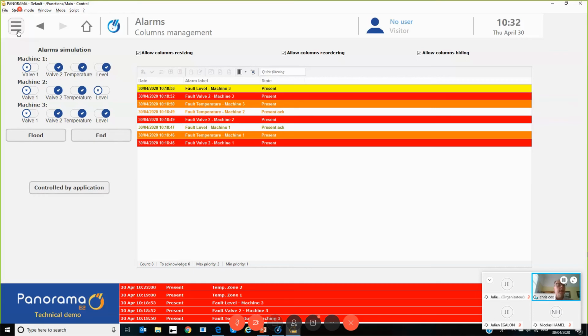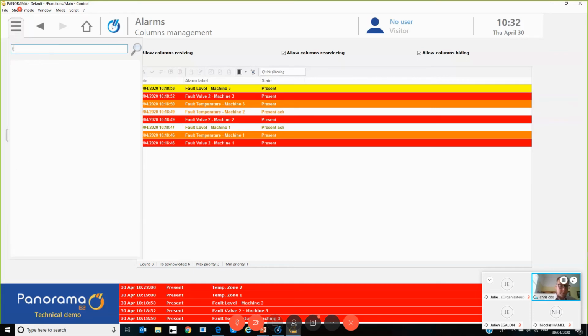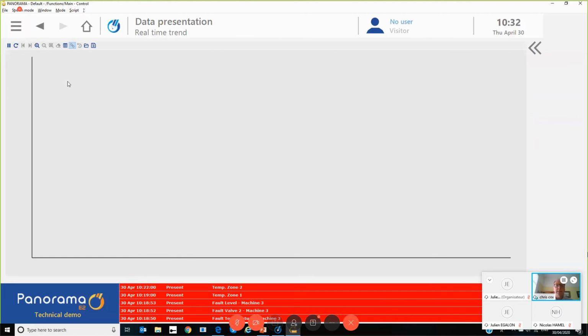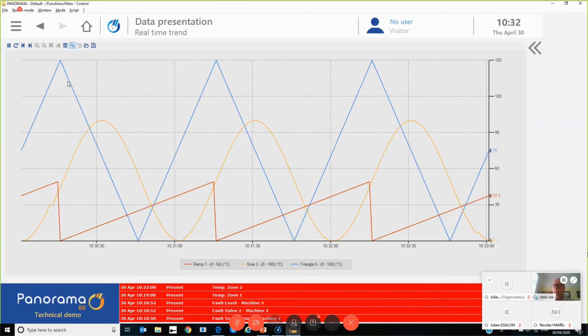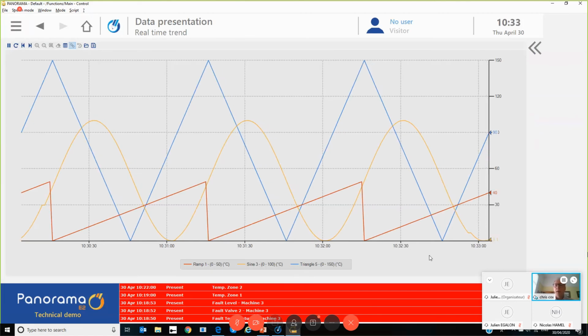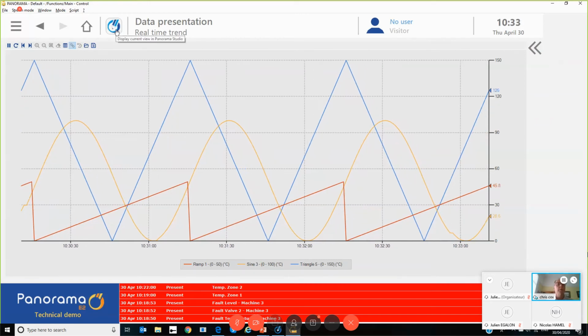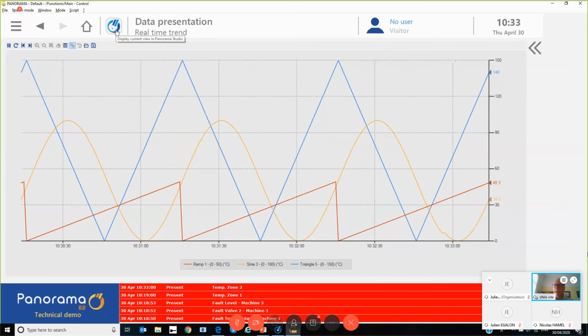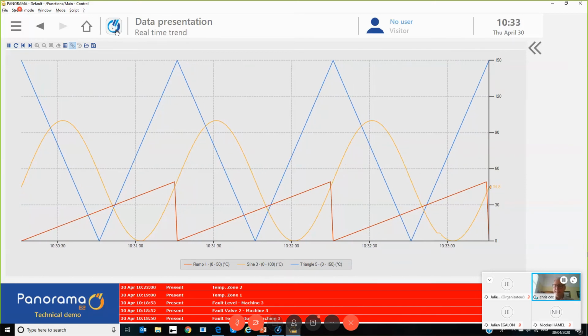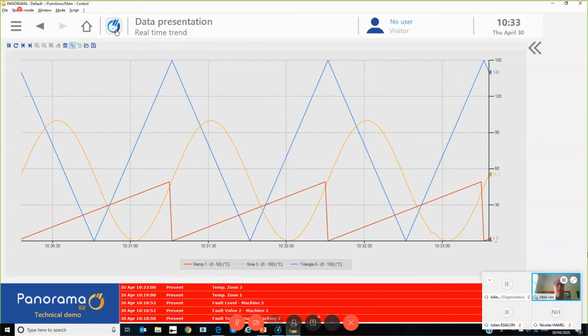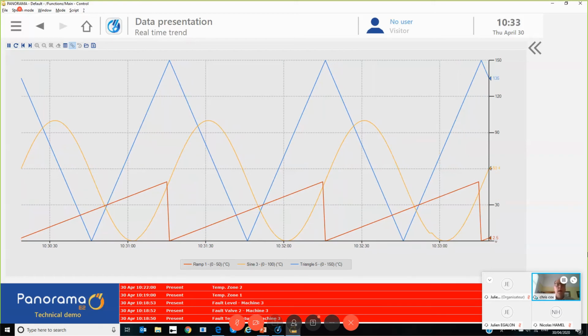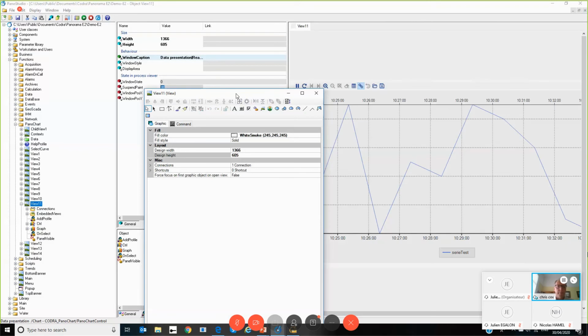If we have a look in the trends area, there's some more. If I have a look at the real-time trend here, this in itself is quite a complex object to use. I'm just going to use a feature in Panorama where we can just hop over to Panorama Studio. So whatever view you're in, you can say, take me to this in a Panorama Studio. So I'm just going to do that. So here we go. Let me just move this out of the way. So here we are. That's view 11, as you can see here from the